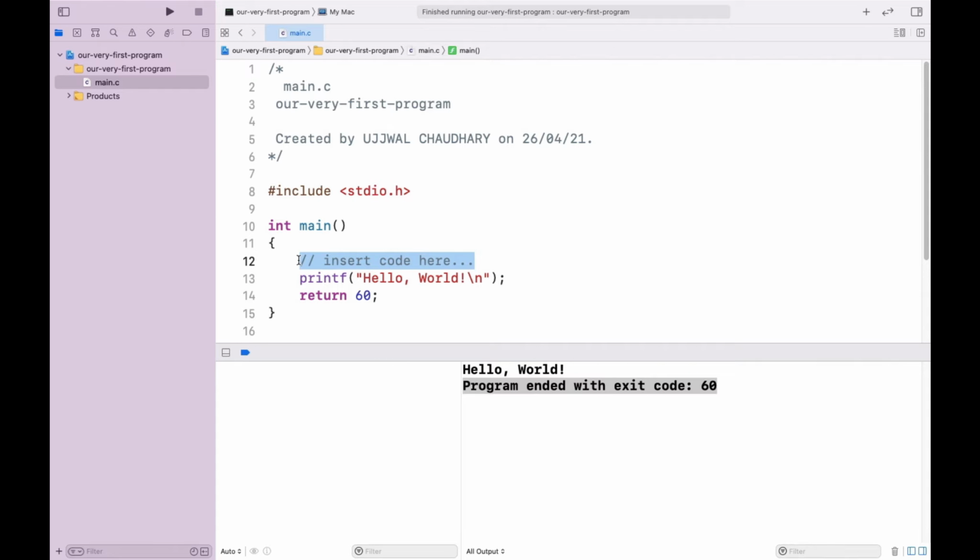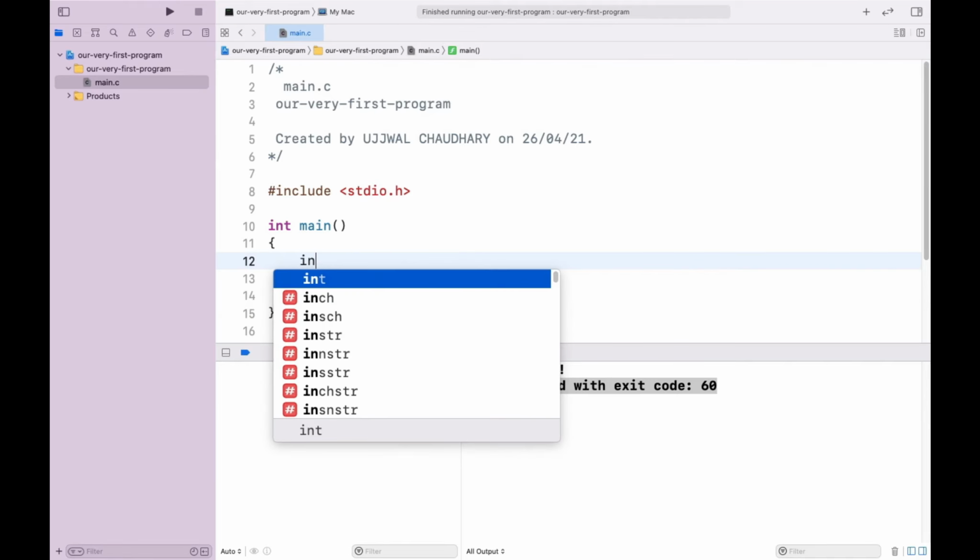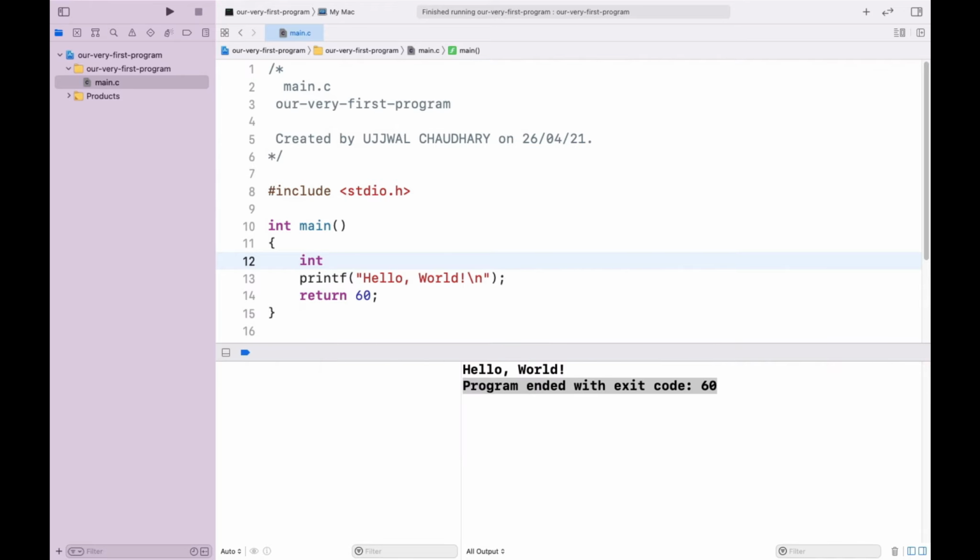So now let us declare an integer variable. Int. What can we name the variable? As I told you earlier, the names of identifiers have some pre-written rules, that the first character should be an underscore or an alphabet.